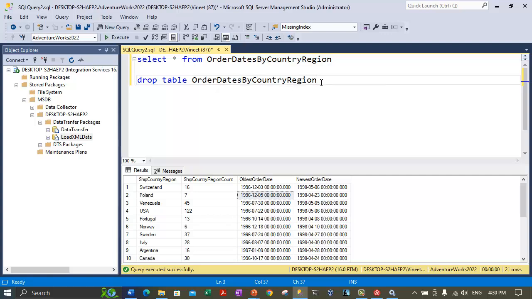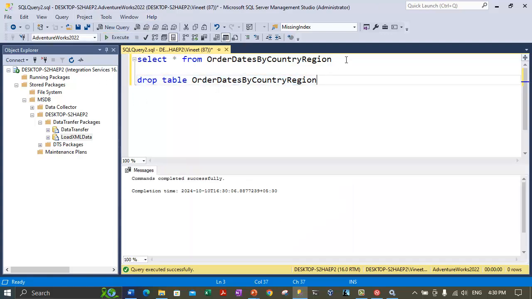So I've dropped the table. Now if I try to select the result from this table, I will get an error message. Now let's try to execute this package again. So click on run package,